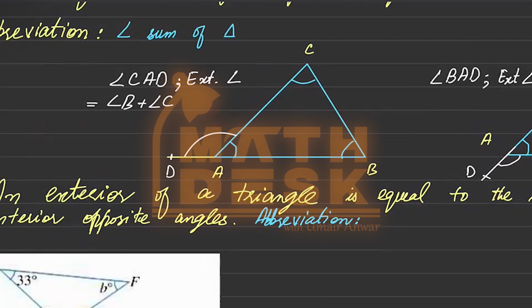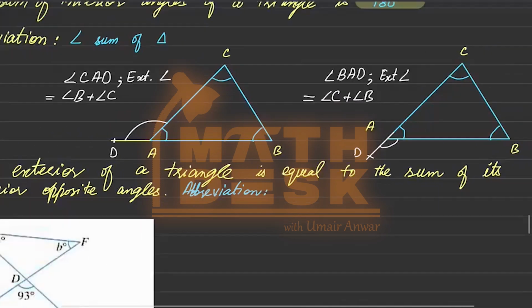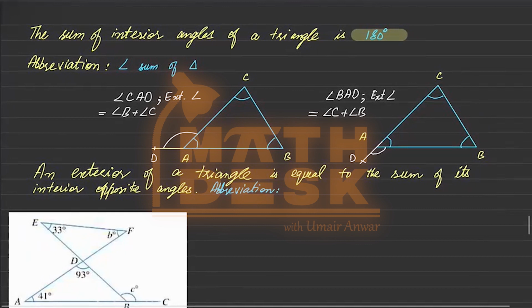Similarly, for this triangle, this is the exterior angle being formed at A. It would be equal to the sum of the two interior opposite angles. So this angle is opposite to A, and this angle is also opposite to A. Adding these two would give the exterior angle. So I'm writing angle BAD would be equal to angle C plus angle B. This is the second most important thing to remember about triangles. The first one was the angle sum of a triangle is always equal to 180 degrees. And the second one is that an exterior angle of a triangle is always equal to the sum of its